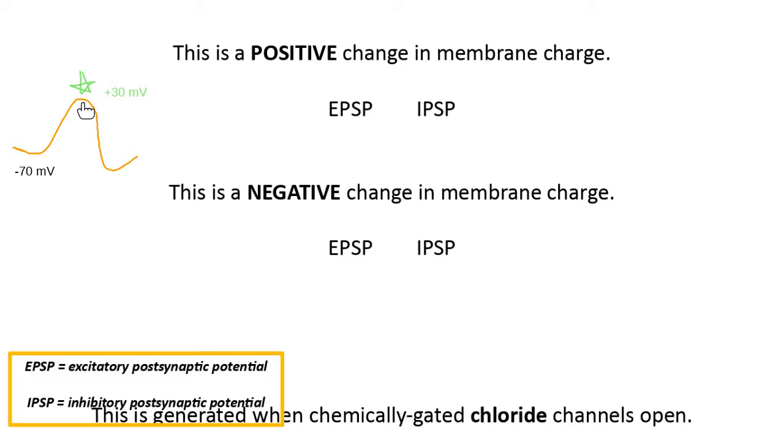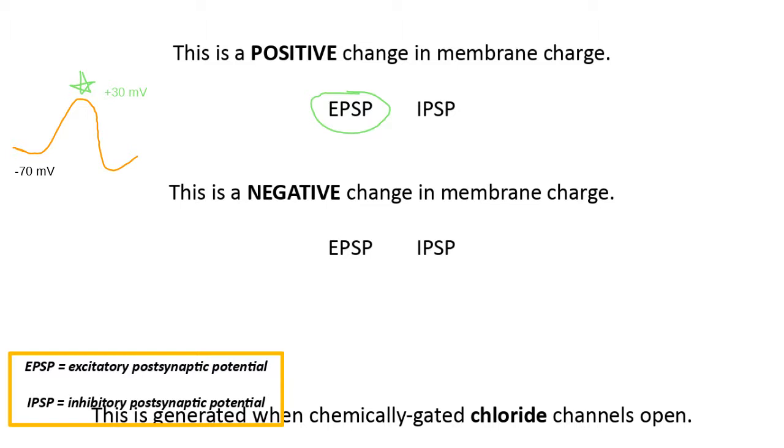When we want to talk to a neighbor, then, a positive change in our charge is going to get us closer to that positive 30 that we're shooting for. A negative change in our charge is going to make us go more negative, or go away from that positive charge we're trying to get to. So when we think about these abbreviations, and you'll see them all over the homework assignment and all over our unit exam, when we talk about a positive change in our membrane charge, this is an example of an EPSP,